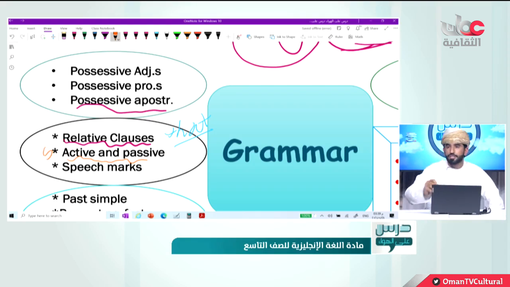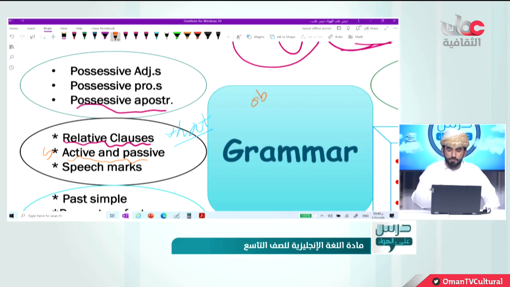Yes, the subject is there. Like, for example, Badr broke the window. If I ask you guys, all of you behind the screen, who broke the window? Tell me. Badr, exactly. So you know the subject, you know the person who did it. But when we shift this active into passive, then you have to start from what? Do we have to start from the subject or from the object? From the object, exactly, group B, yes.